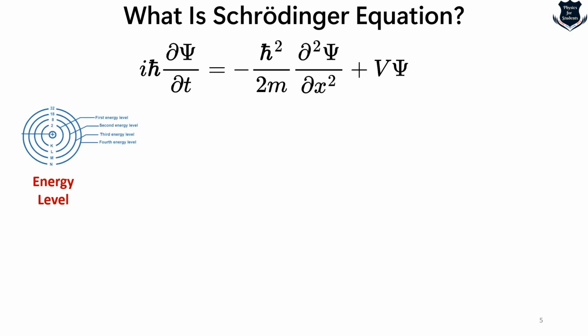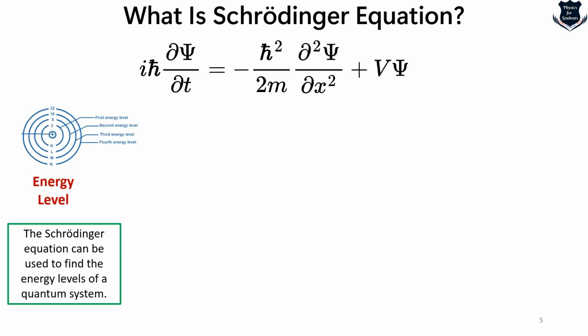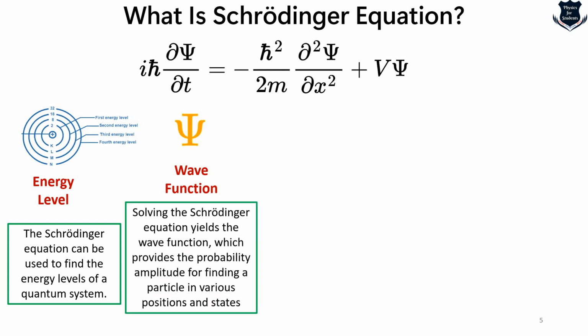So if I take the Schrodinger equation, the first thing is that it helps to understand the energy level. That means it is used to find the energy levels of different quantum systems. The wave function, which is vital information, tells us, on solving the Schrodinger equation, the probability amplitude. So we can probably tell that the electron or the subatomic particle is located around here, or maybe probably located